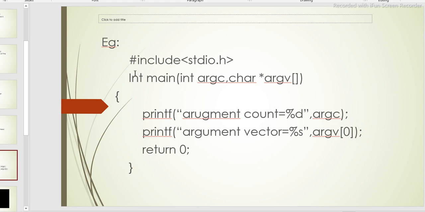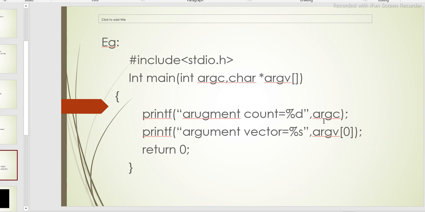We can see an example. #include <stdio.h>, int main. This is the syntax: int argc, char *argv[], the size of the array. argc means argument count, so it is an integer and %d is used. argv is an array, so we use %s for string. For example, I can give the numbers 1 to 5.